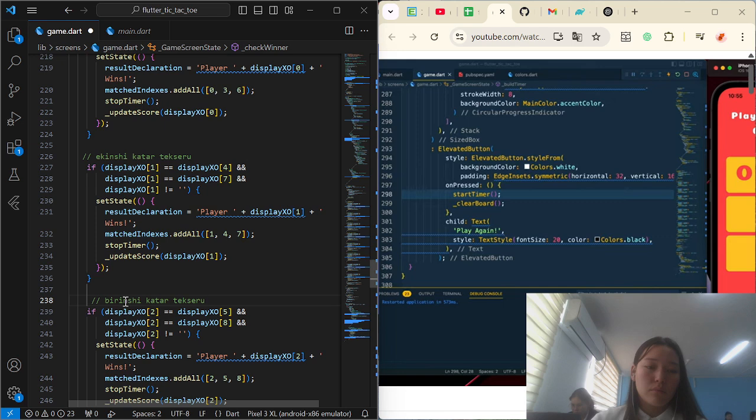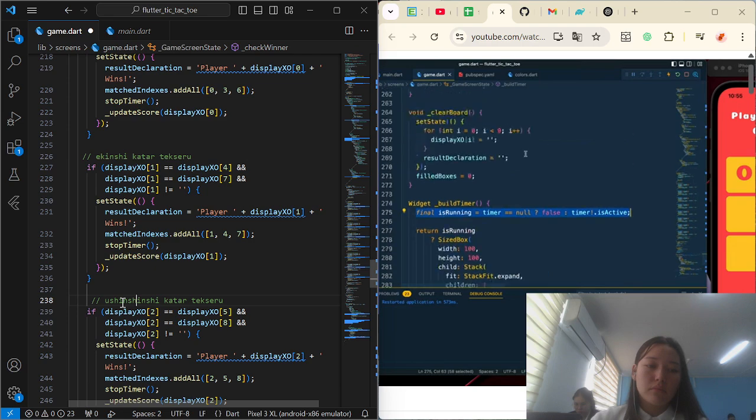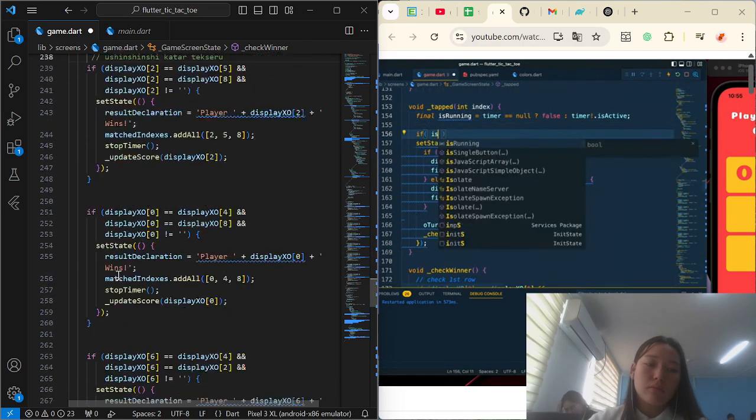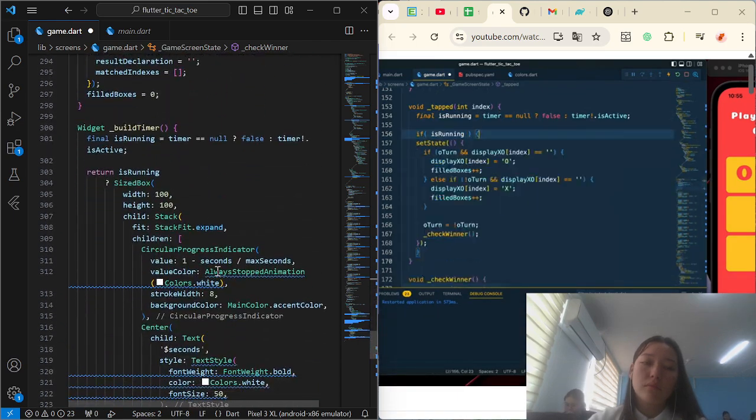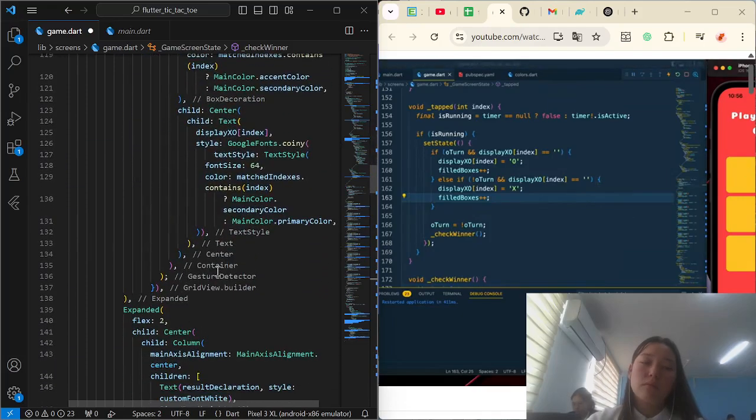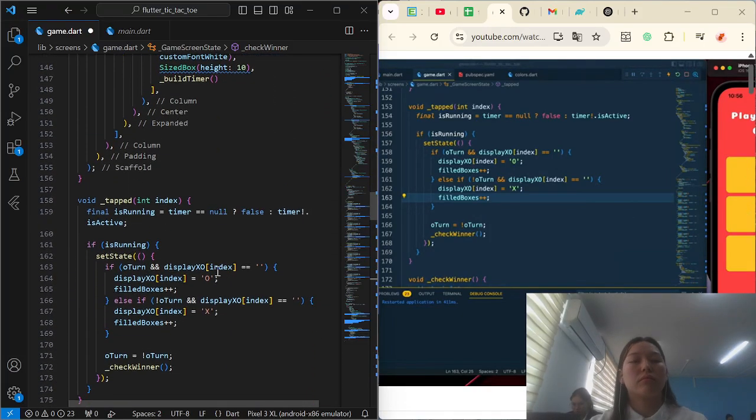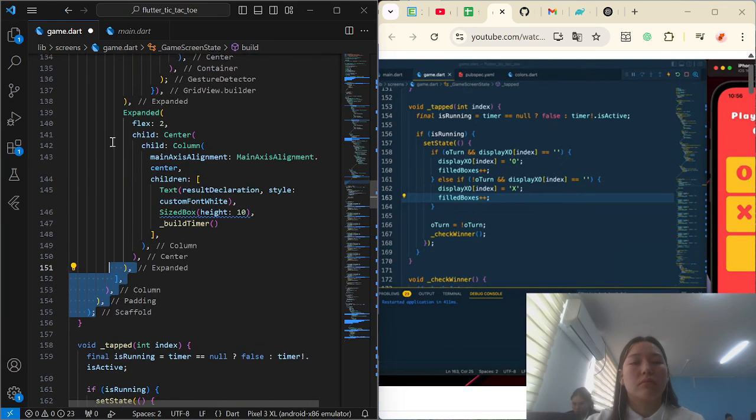So we need to provide that checking, and that checking will be similar to this is running. So let me copy it and let's provide it here, and let's provide the checking. If is running is true, then we will be able to do these functionalities. So now let's tap here. So here we can see that we are not able to play. Now let's click here. So here we can see the timer is running, and that time we can play here,